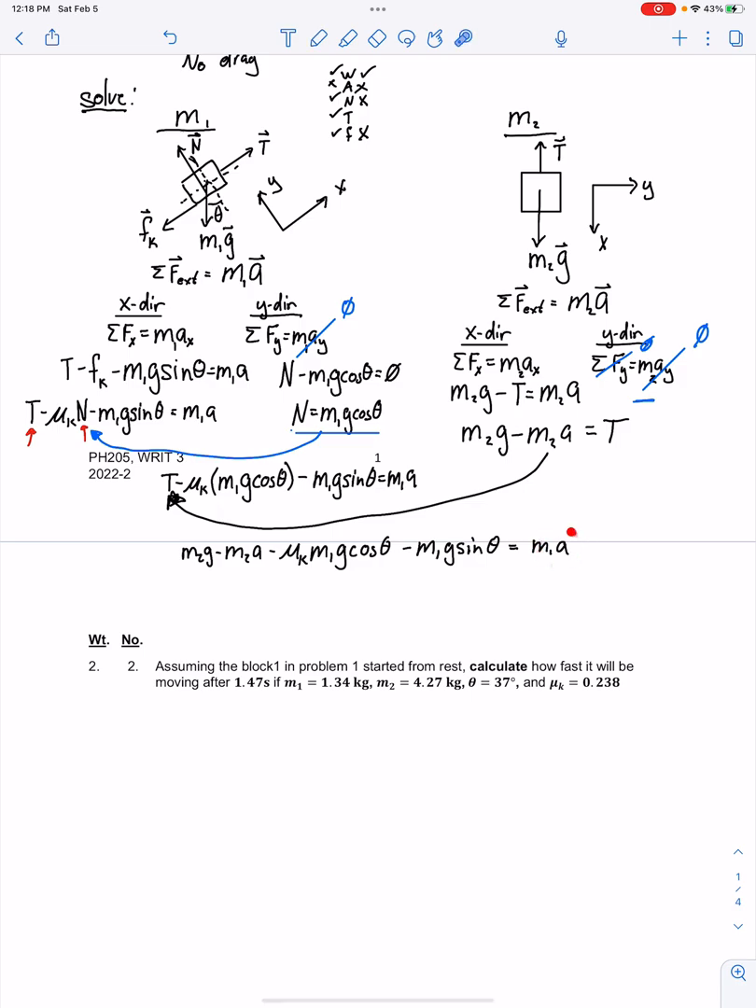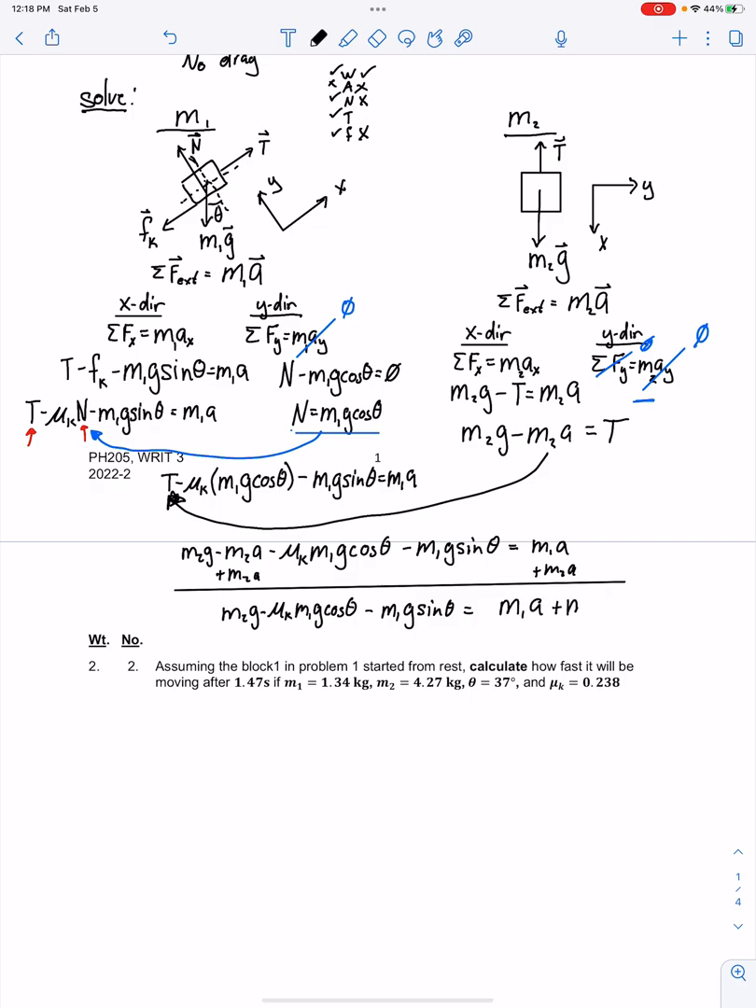Now I'm solving for a, and it exists in 2 spots. I can't just divide by m1 and say here's a. It'd be a true expression, but it has not solved for a because I have to get a on the same side. So we're going to add m2a to both sides. And when we do that, we get this expression: m2g minus mu k m1g cosine theta minus m1g sine theta equals m1a